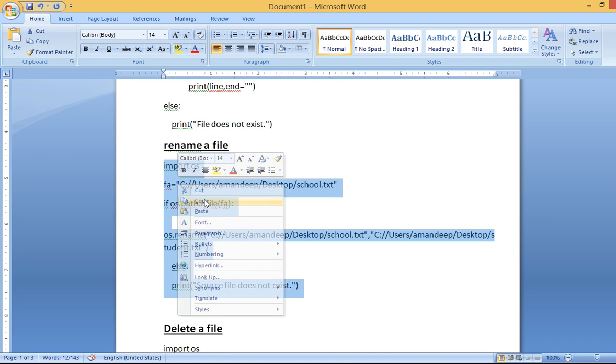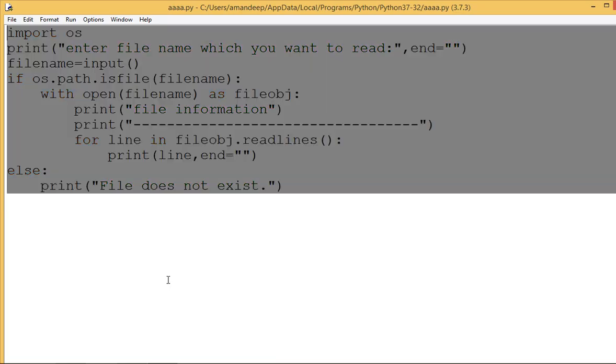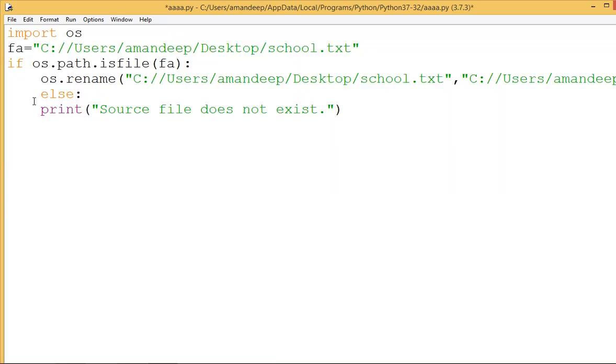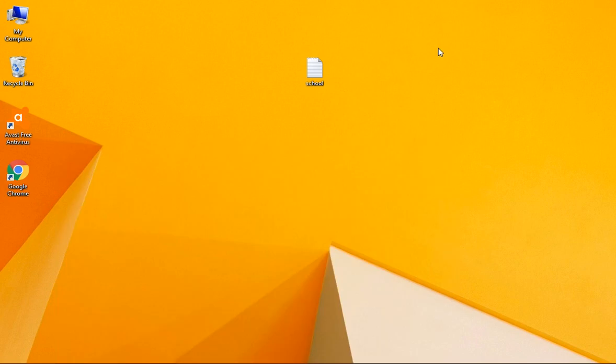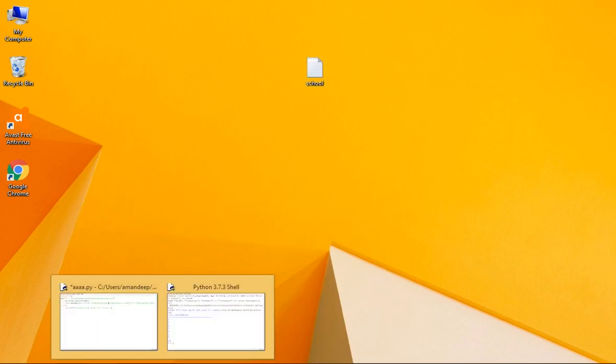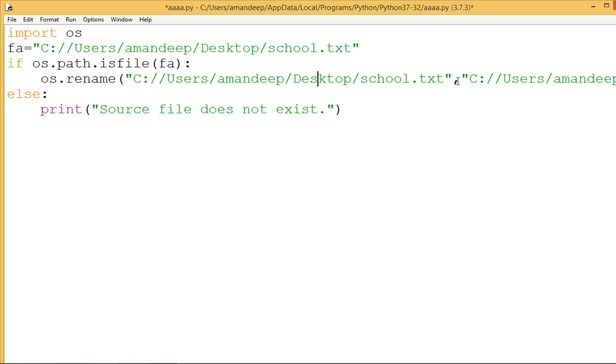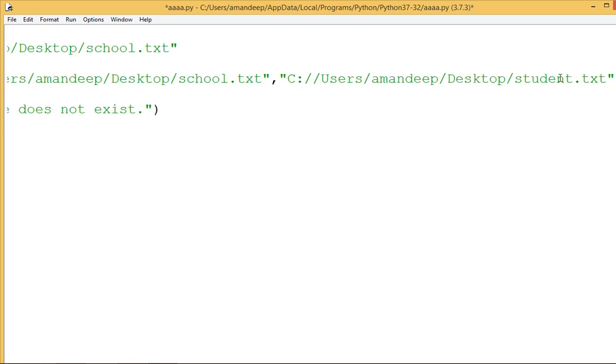Now the next program is how to rename a file. Let's execute it. You can see on the desktop the file name is school. We will rename it by using this program with the new name, that is student.